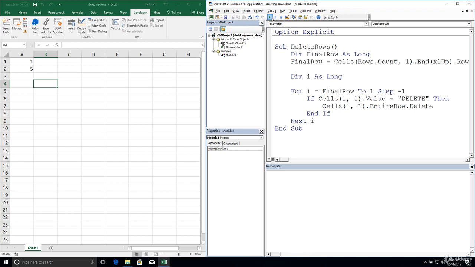We also did a quick review of how we're able to get dynamically the last row of data. We just assigned that to final row by using the cells property to reference the most bottom left cell of a spreadsheet. We then use the end property to simulate an End key press and going all the way up, which will take us to the very last row of data dynamically. We're getting that row, and that way this macro stays pretty flexible. You just saw a couple examples where no matter how many extra rows of data we had, it was able to perform the process as intended.